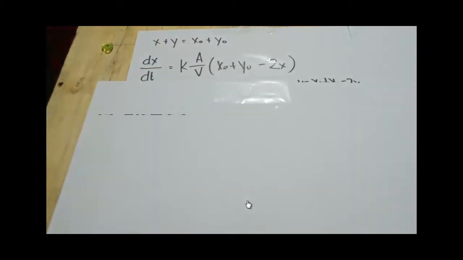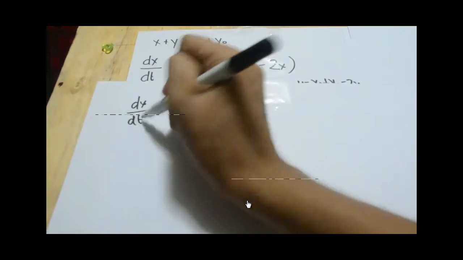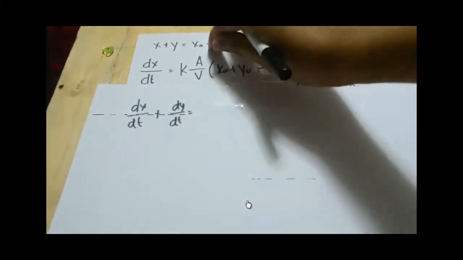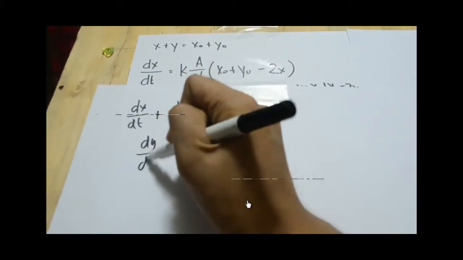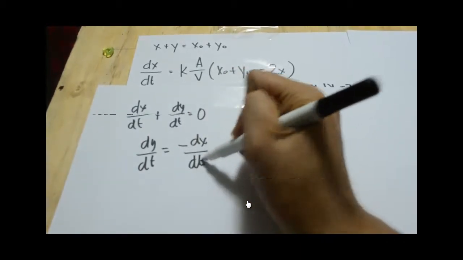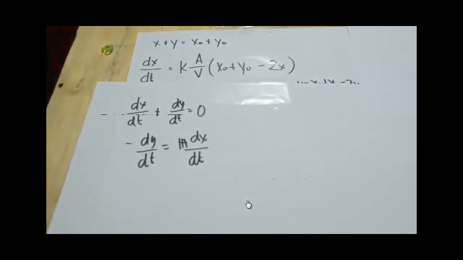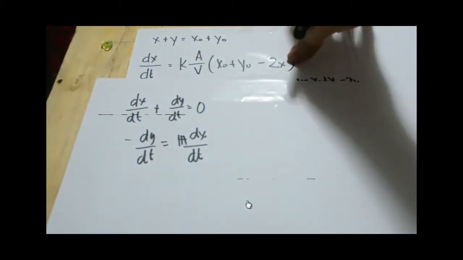And now deriving all the compartments with respect to time, that will give us dx over dt plus dy over dt is equal to, since these are all constant, 0. Therefore, our dy over dt is equal to negative dx over dt, or dx over dt is equal to negative dy over dt. So now we can substitute this to this part, but since we still have our variable 2x here,